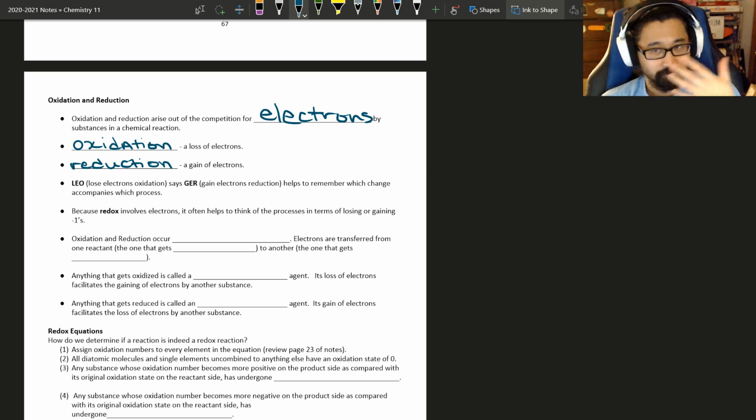For the sake of what's happening here, gaining electrons is reducing the charge. I know it's not super intuitive because you're physically gaining a thing, but electrons are so small that you're not really gaining mass or gaining size. So what's being reduced is the oxidation number or the charge, right? The charge of that substance is going to be reduced because we're gaining electrons. Anyway,